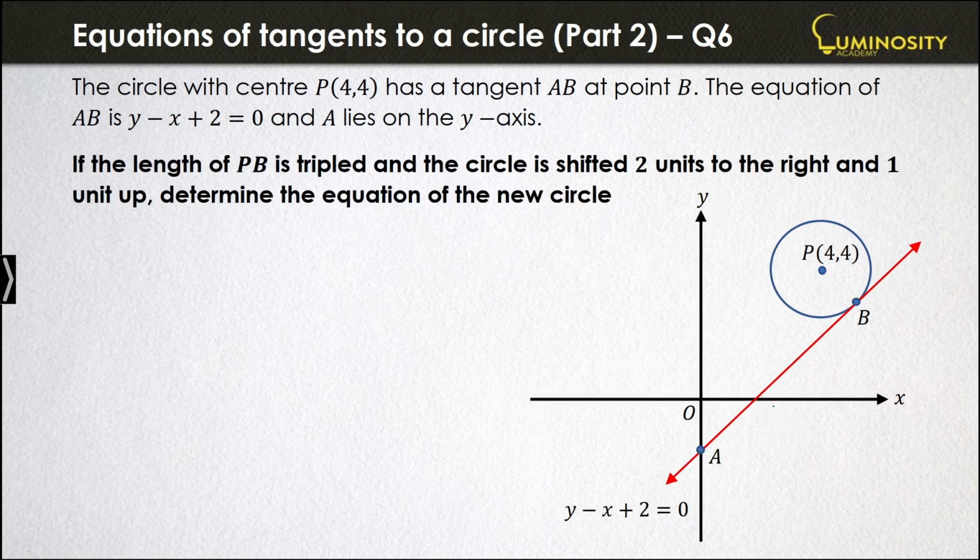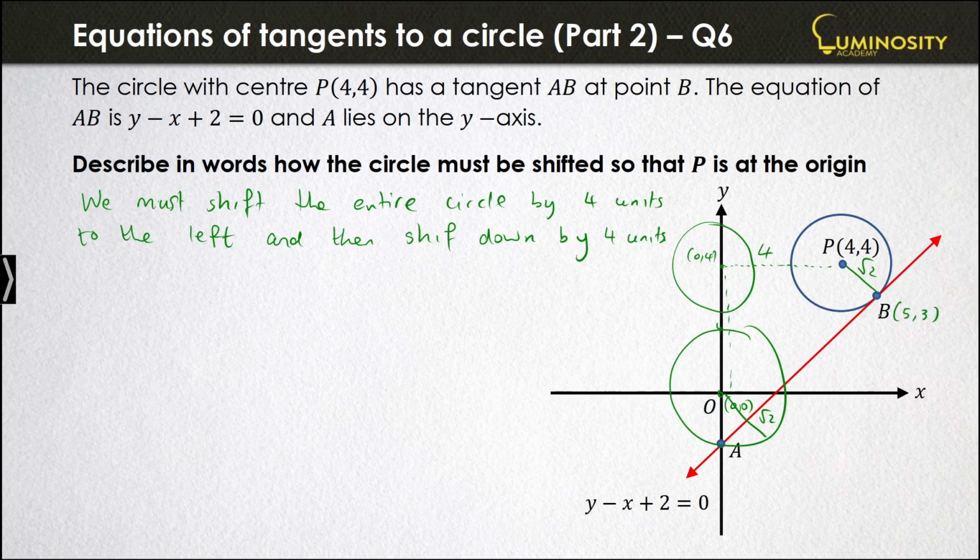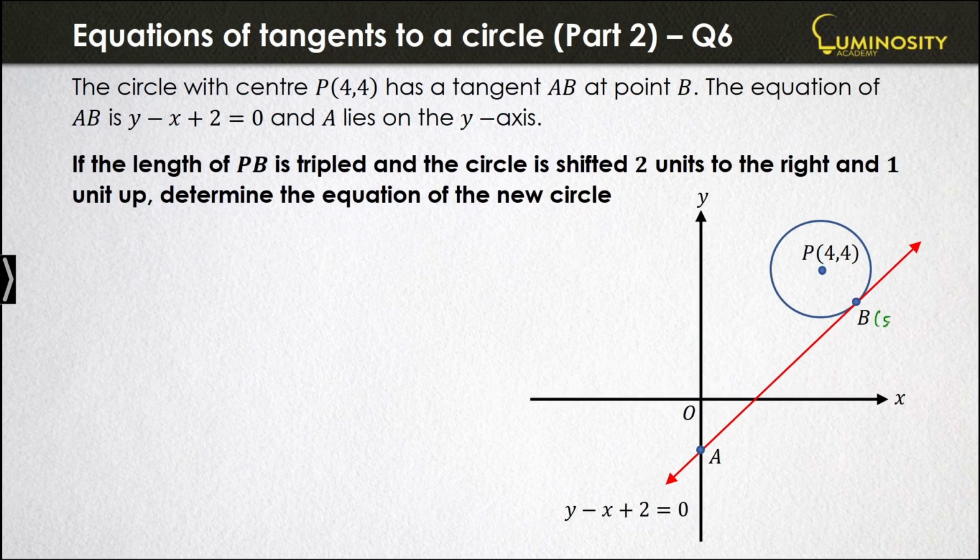Okay, if the length of PB, so again, this was 5, 3, if the length of PB is tripled and the circle is shifted 2 units to the right and then 1 unit up, determine the equation of the new circle. Okay, so let's see what's happening first of all geometrically. The length of PB is tripled. So remember the length here was root 2. So if I triple that length in all directions,